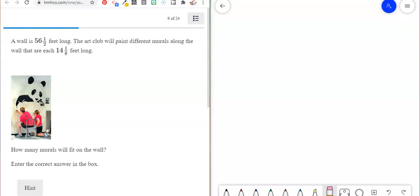Okay, a wall is 56.5 feet long. The art club will paint different murals along the wall that are each 14.8 feet long. How many murals can go on the wall? So we're dividing to figure out how many murals can go on each space. The wall is a total of